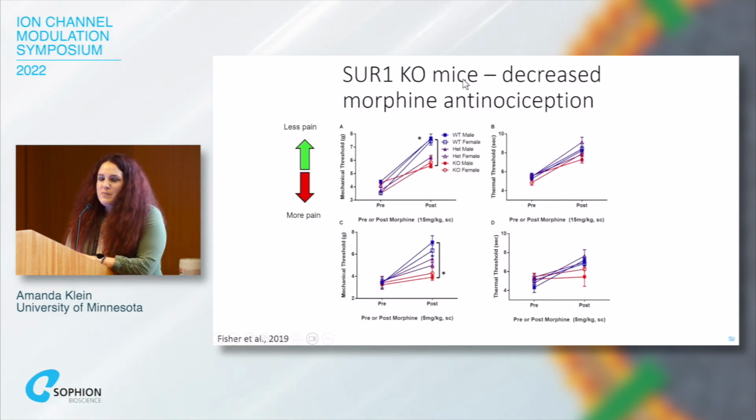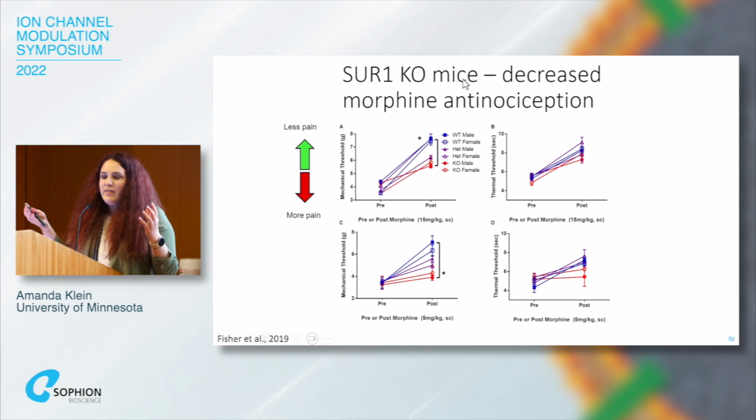And so we mentioned that we're interested in opioid signaling, and several people had found through pharmacological methods that if you give an animal a KATP channel opener and then give them morphine or some other kind of opioid, these actions would largely be synergistic. And then the opposite would happen if you gave them an antagonist for KATP channels.